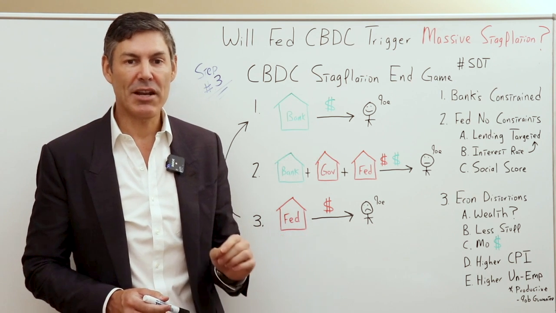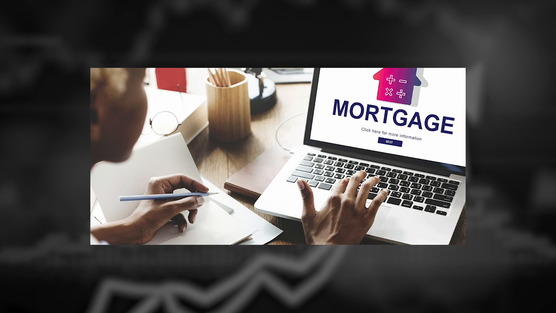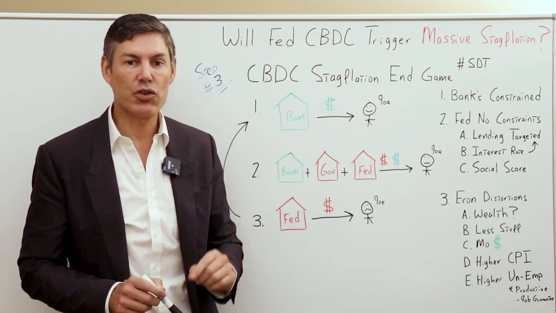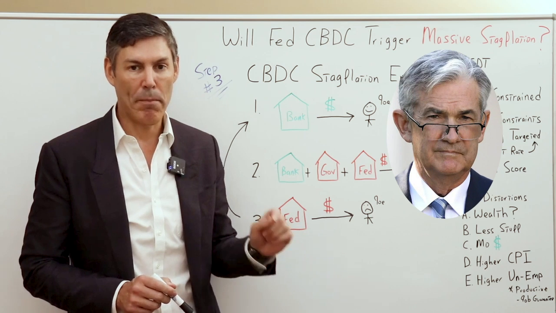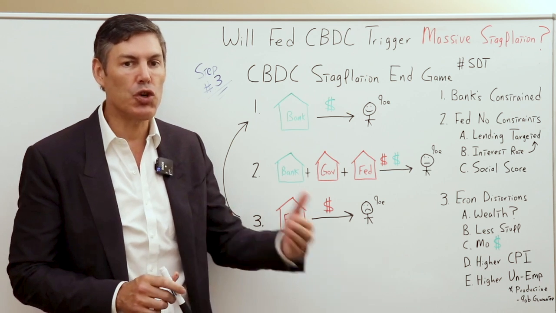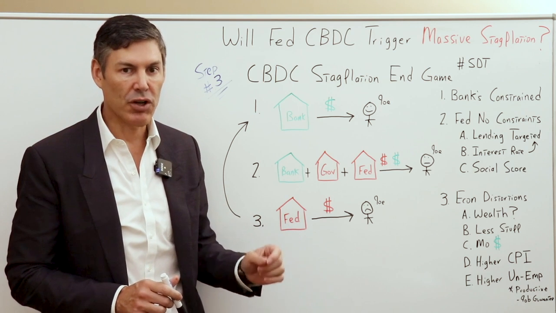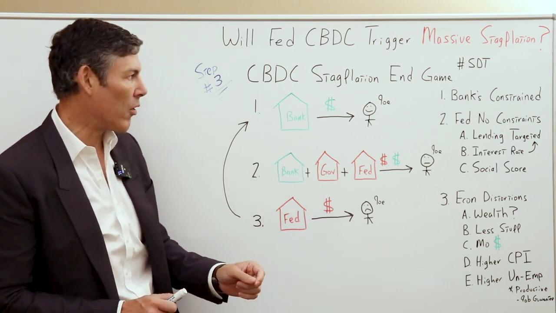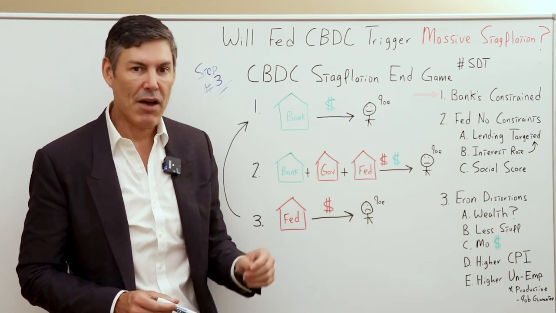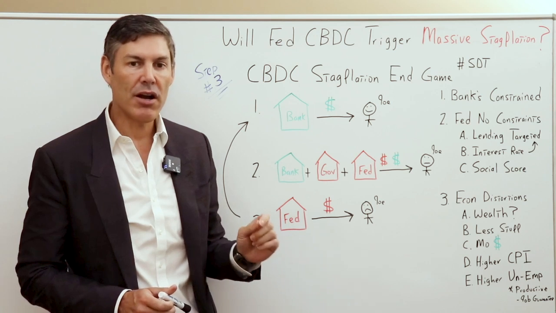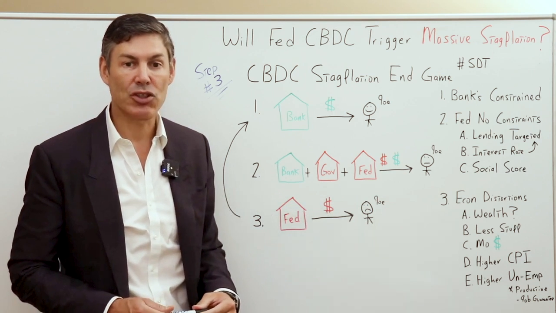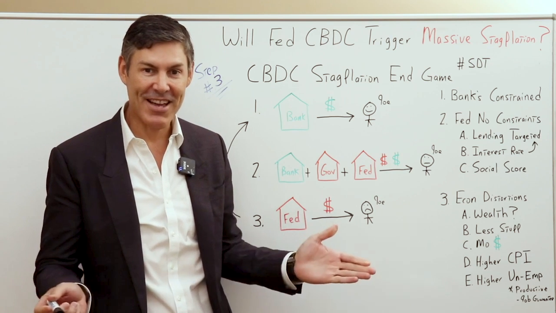So what I'm saying is, instead of going to your local bank to get a mortgage, let's say Wells Fargo, Chase, or Bank of America, you would instead go directly to Jerome Powell. Now, why this is such a huge paradigm shift, if you're getting your next auto loan from Jerome Powell, is because the banking system is constrained. They have a profit and loss. They are incentivized to lend to individuals and entities that can actually pay them back. Makes a lot of sense, doesn't it?